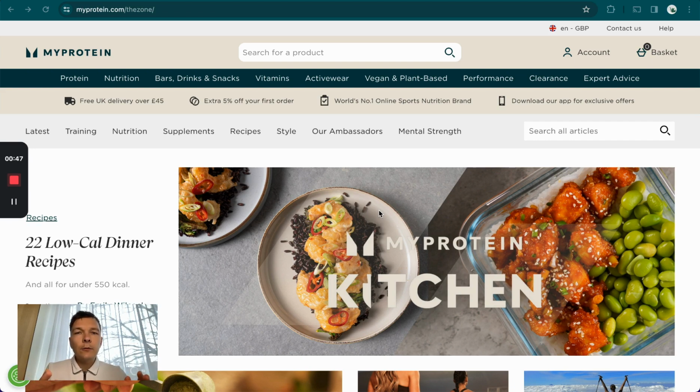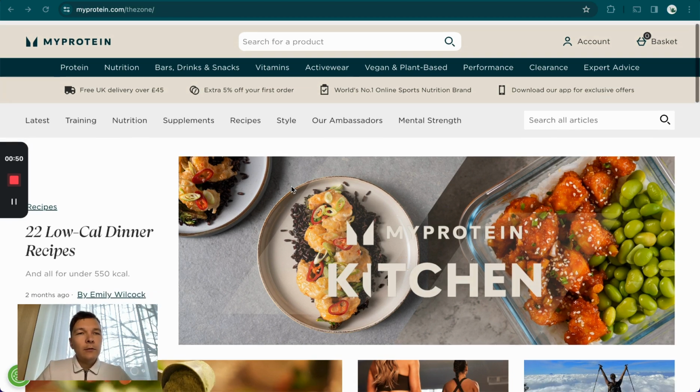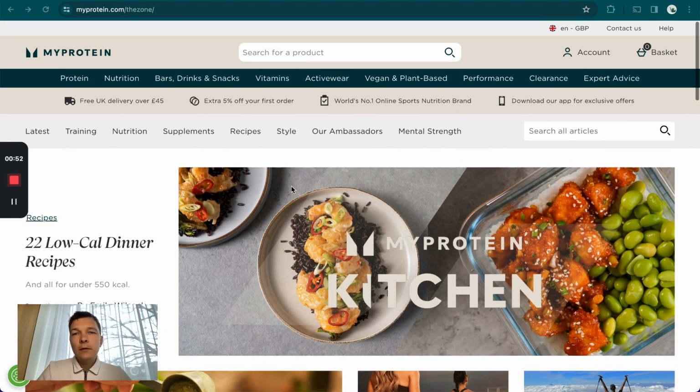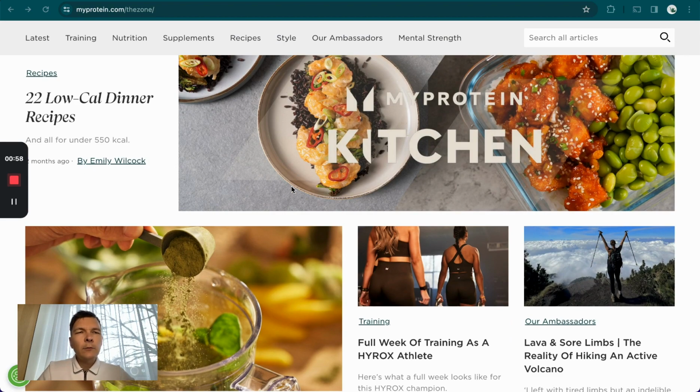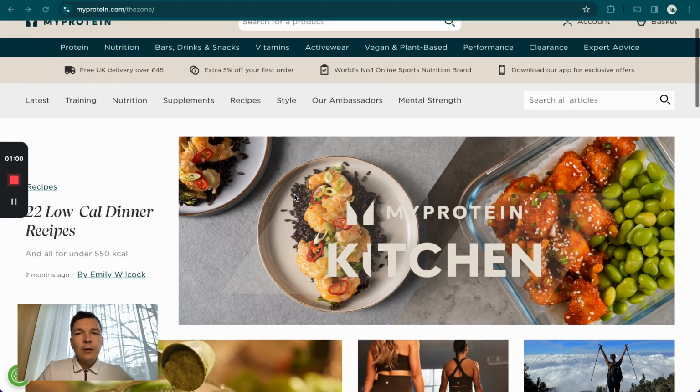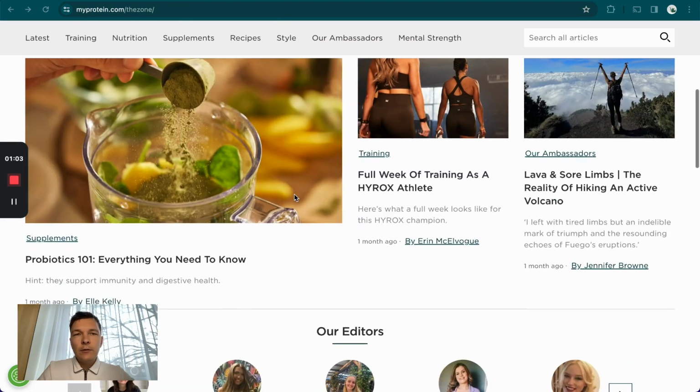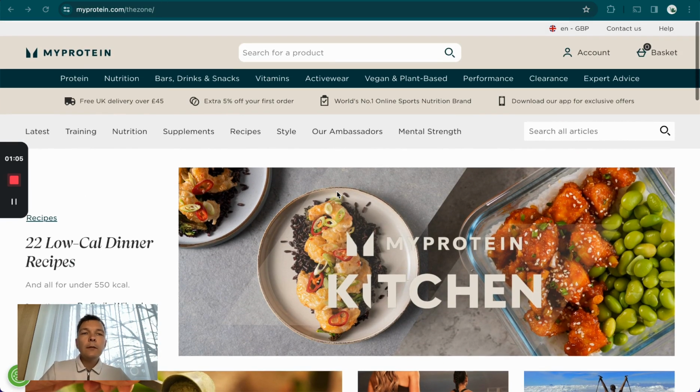Why create blog articles at all? And here in the background, you can see My Protein. This is a famous protein supplement brand. They're international. I think they're from the UK, but this is their international site. And you see their blog section here. It's called The Zone. And the reason is, number one, of course, to generate additional